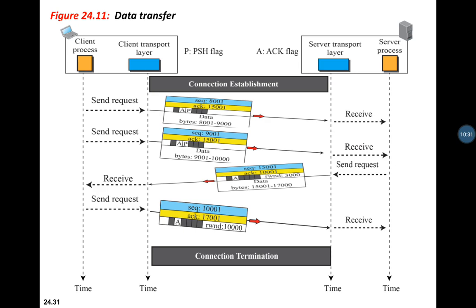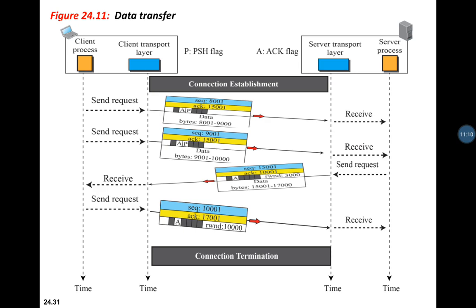TCP uses a buffer to store the stream of data. But on occasions where an immediate response is needed, delayed transmission and delivery of data may not be acceptable to the application program. Here, the application program at the sender requests a push operation. This means the sending TCP must not wait for the window to be filled. Also, it sets push so that the receiving TCP must deliver the data immediately. That is the need for involving the push. So, using this feature is optional.